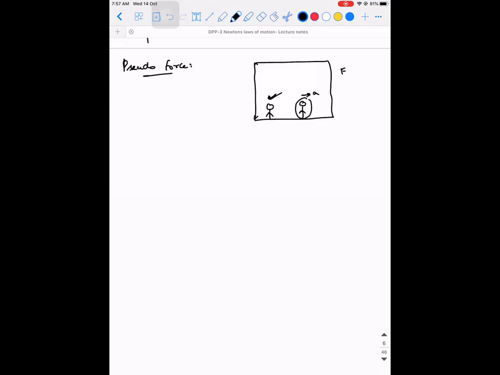So this is the frame of reference. Okay, I'm repeating it again. You're standing in a frame of reference, that is, you're in a particular plane. Let's say you're within a rectangle or within a train. Imagine this as a coach. You're within a coach where you have a fellow passenger who's walking inside and you're sitting and watching him.